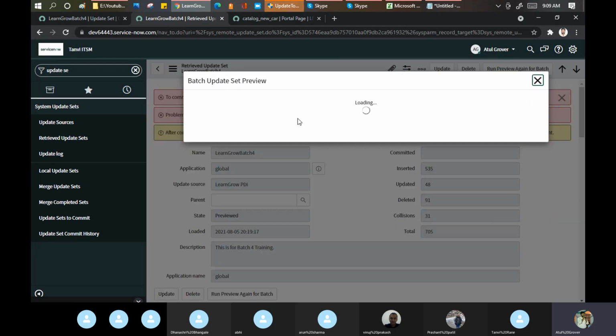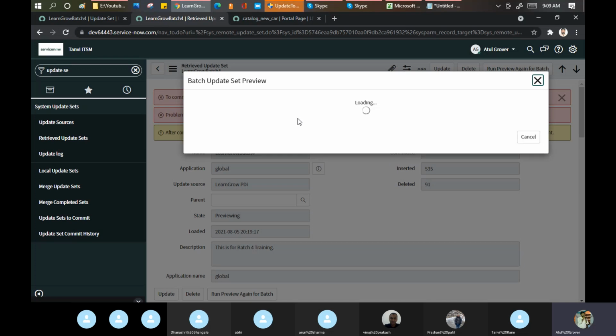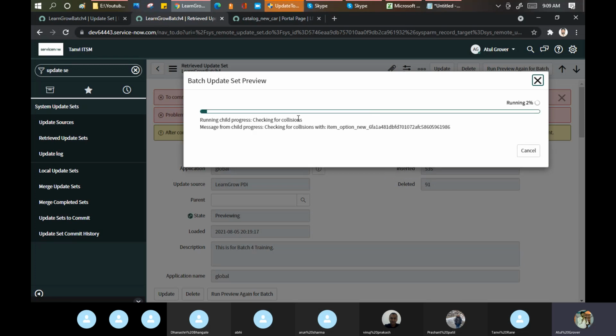To preview, because now I accepted or skipped the remote changes. So let me do a check here. See, it's showing previewing. Tanvi, maybe your instance will be of no use now. You can reset your instance if required. But nothing to be worried about.